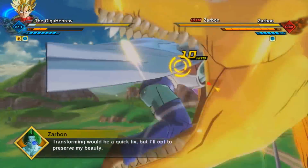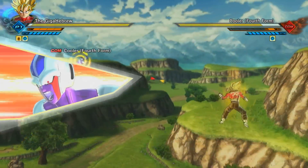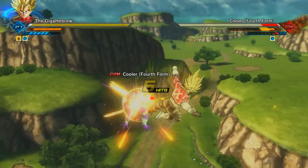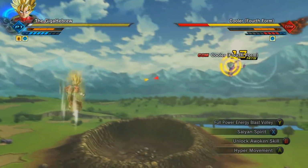Or if you break their stamina first, you can just do a straight knockback attack, rush behind them, and then use Dragon Fist. Because if you don't break their stamina first and you try to do that, they'll just roll out of it. Or if you're feeling really fancy, you can utilize a new combo I found, which is